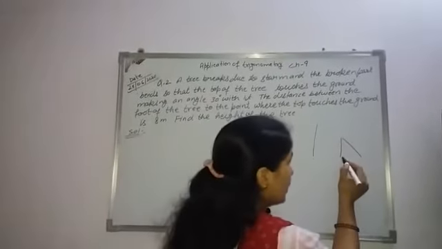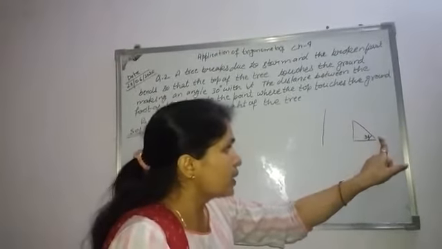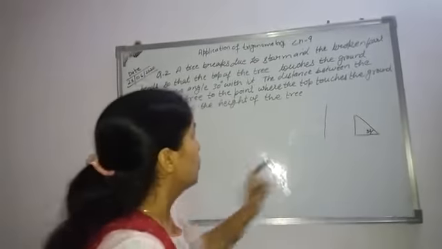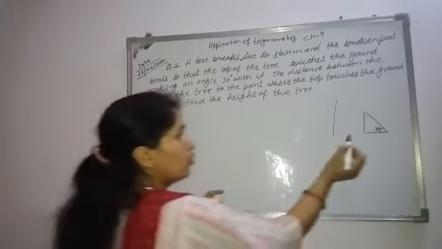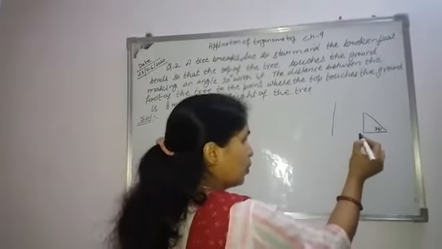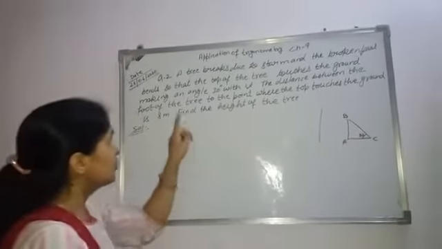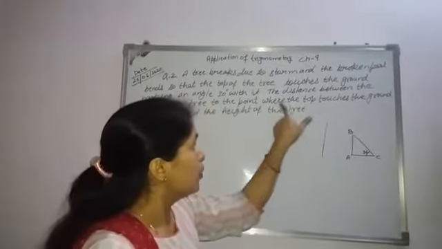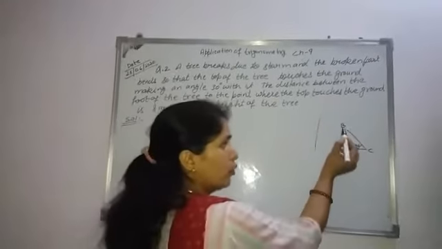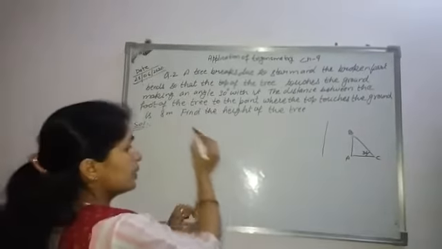So it means this 30 degree angle is with the ground. So this is the angle here, this 30 degree angle. This tree makes an angle of 30 degrees with the ground. Next one, the distance between the foot of the tree. Foot of the tree means this point. A, B and C: A is the foot of the tree. So the distance between the foot of the tree to the point where the top touches the ground, where the top touches the ground is point C, and this AC distance is 8 meters.